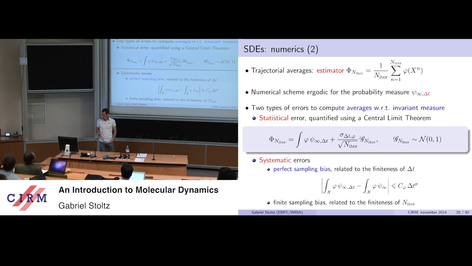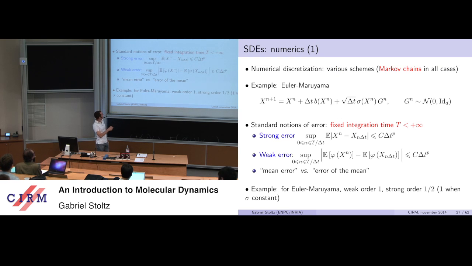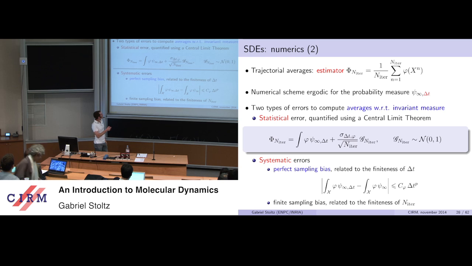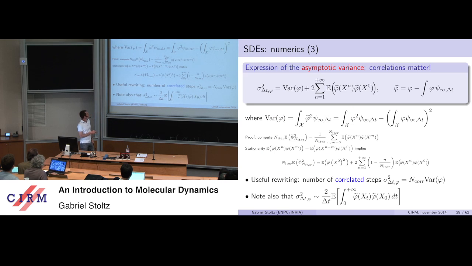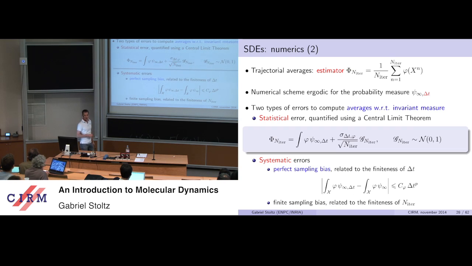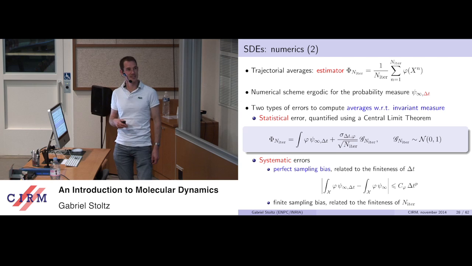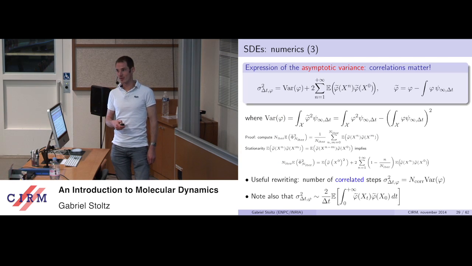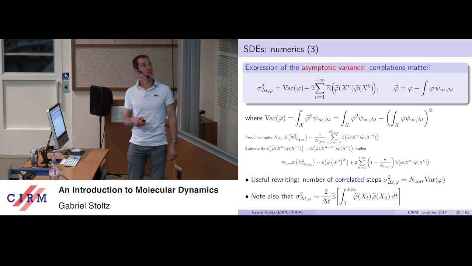So we were at numerics. The point is that we discretize our SDE using a numerical scheme. We want to compute averages over a discrete trajectory. There are two types of errors, a statistical one and a systematic bias. So the next slide is about estimating this statistical error, because of course, as I tell my students, a computer will always give you a number. The point is, how much do you trust your number? And if you ask Andra, they want to know how much you trust your number so that they can trust it. So you need to estimate errors. Estimating the error is almost as important as obtaining the number itself.